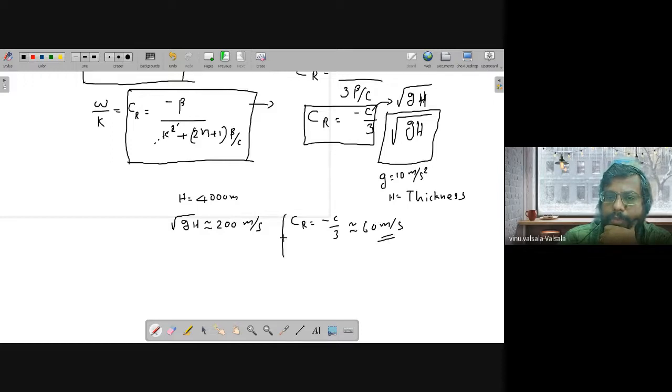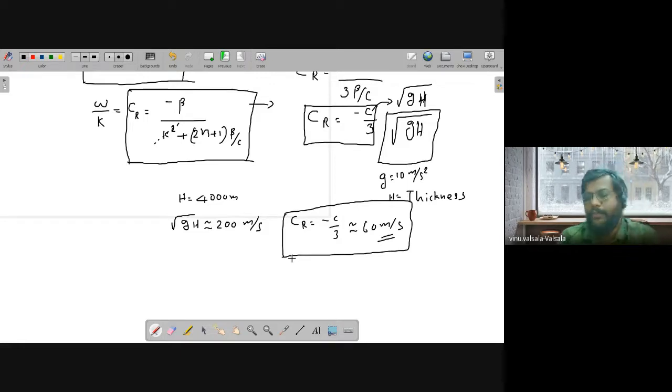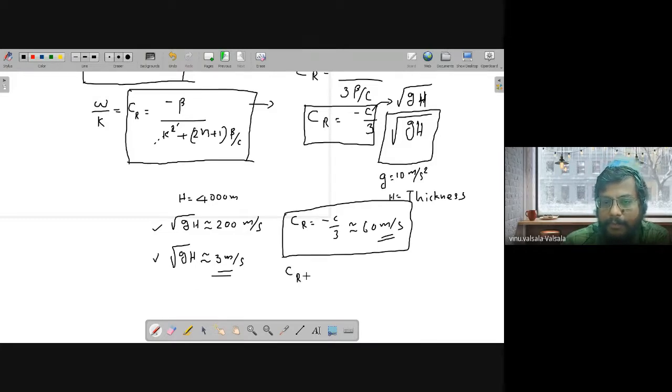But such types of waves are very fast moving, and have less consequence for our studies, or our weather pattern or any other phenomenon, because they are fast moving waves. But what if this speed I am discussing here is slowed down for any system? Say, for example, a baroclinic system, usually this square root of gh turns out to be approximately 3 meter per second for the ocean. And how this becomes, I am going to explain later. In the baroclinic case, this particular wave travels at a speed of minus c by 3, which is roughly equal to 1 meter per second.